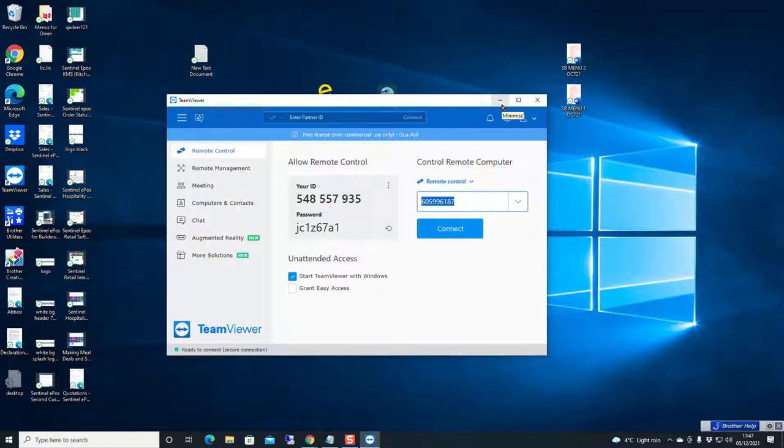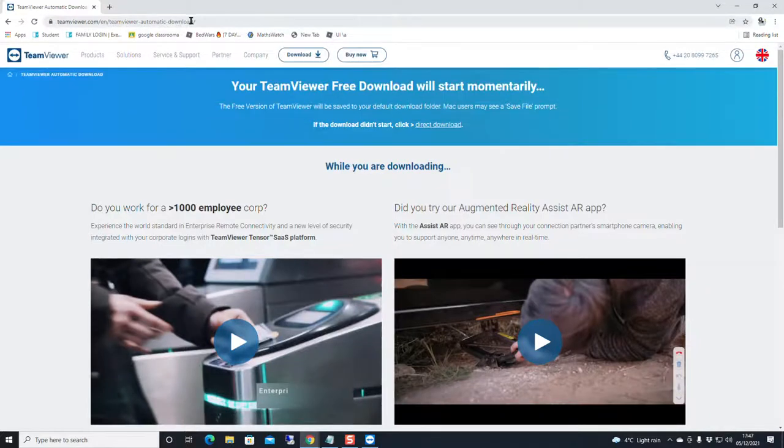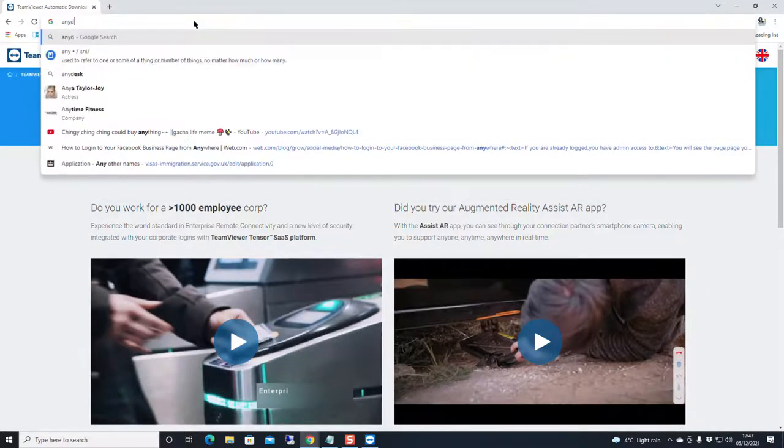So if the purpose of watching this video is just to learn how to do TeamViewer, then you can stop watching here. But for any reason, if you're unable to download TeamViewer because some internet companies like TalkTalk, Router block TeamViewer, then you can install another software called Anydesk. Again, for Anydesk, the website is anydesk.com,